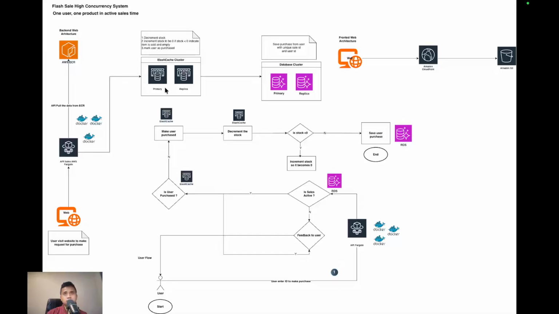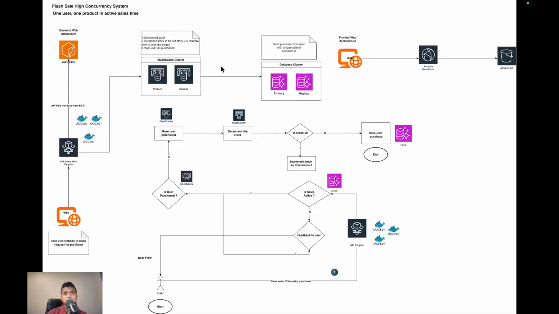What Elastic Cache performs is, one, to decrement the stock, and second, to set the stock back to 0 if after the decrement we see the stock is negative. After that, lastly we mark the user as purchased.